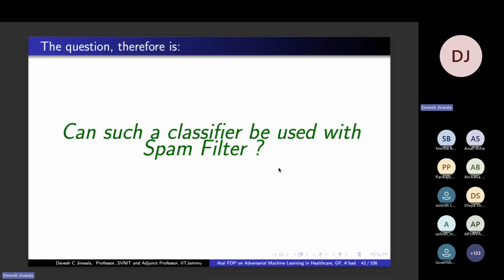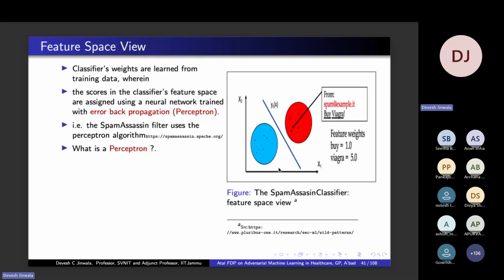But the question which comes up is, can such a linear classifier be used in a spam filter? So why should a linear classifier not be used? The simple reason is the actual data patterns which an actual email spam would have are not as simple as what is shown here. So a linear classifier would not work in such cases. For example,